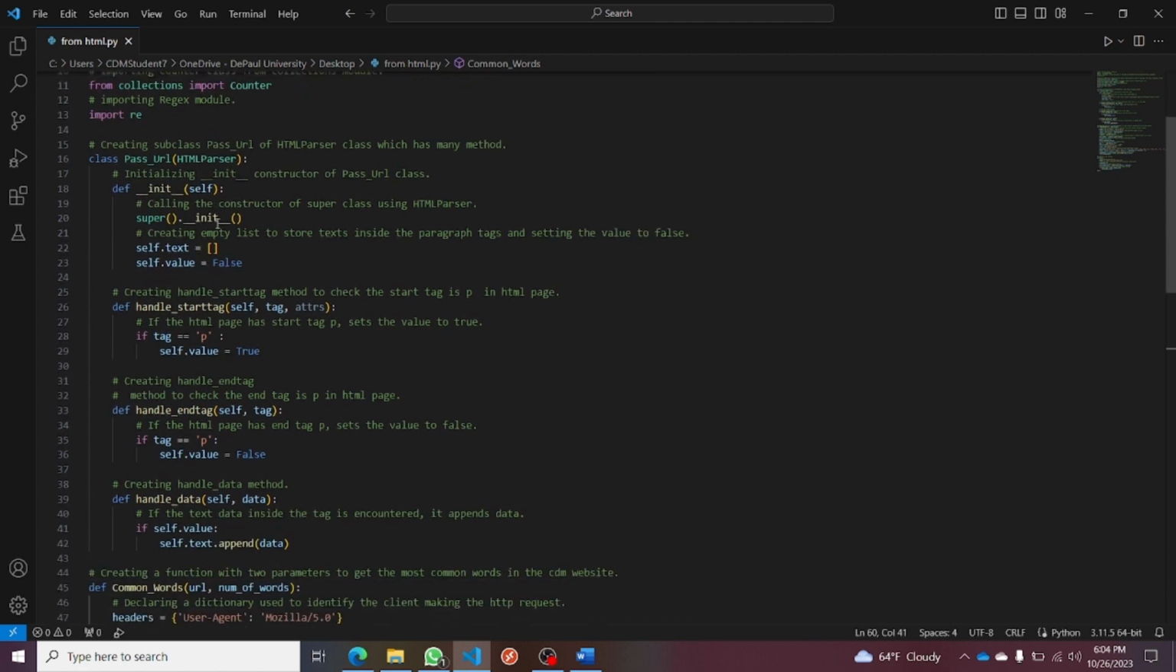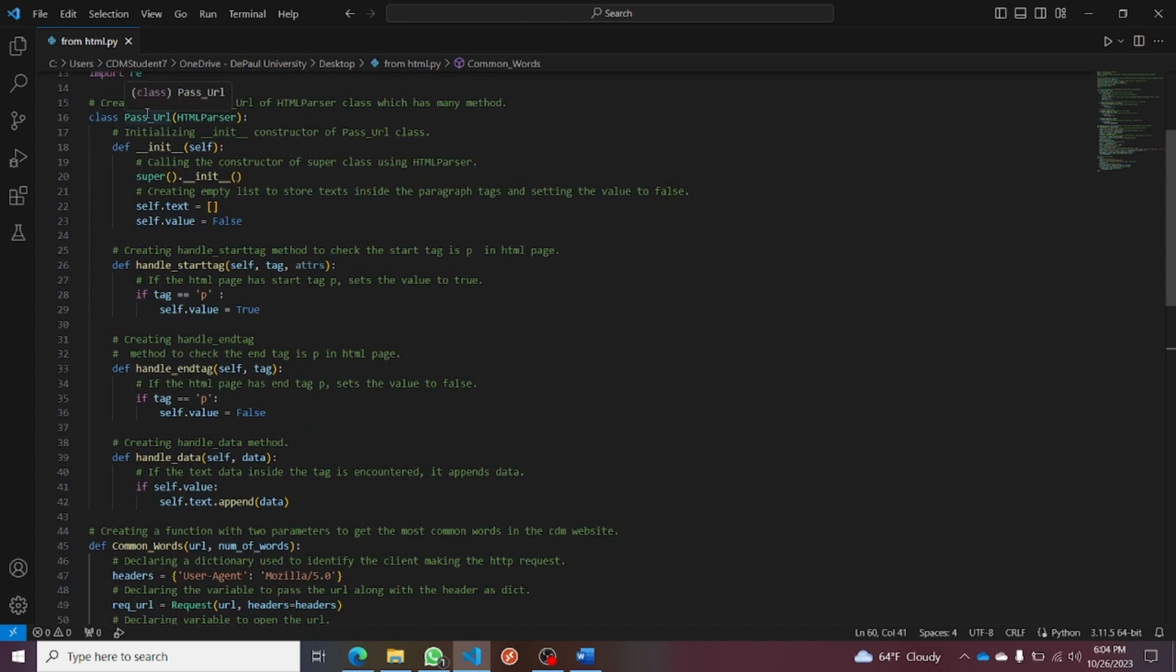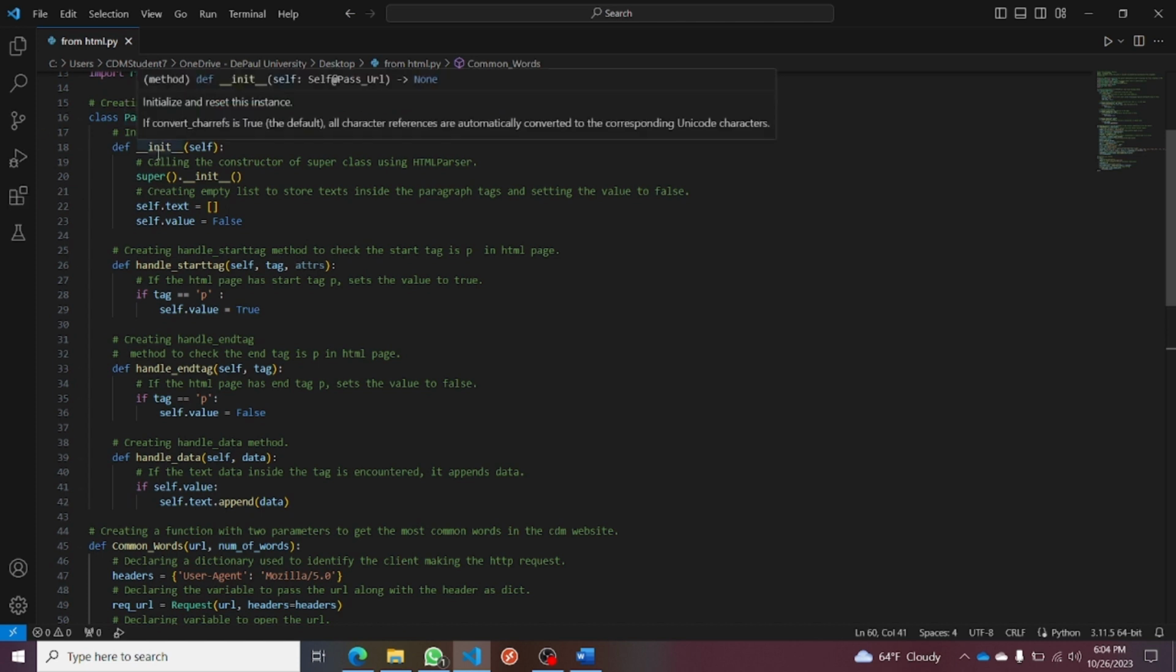In the subclass ParseURL of the HTMLParser class, I have overridden the following methods. Init self. This method is used to initialize the parser. In this method, we initialize two instance variables, self.text and self.value. And handle_starttag. This method is called to handle the start tag of an element. In this method, you check if the tag is a paragraph tag P. If it is, you set